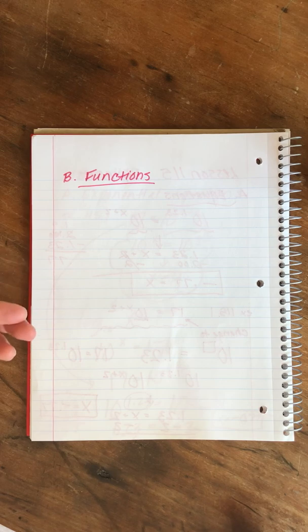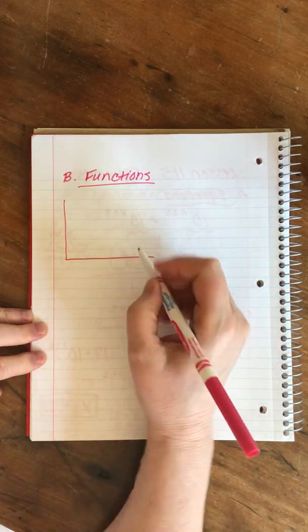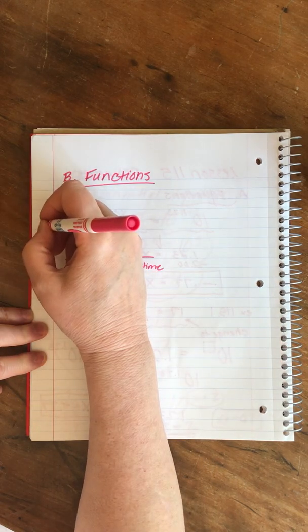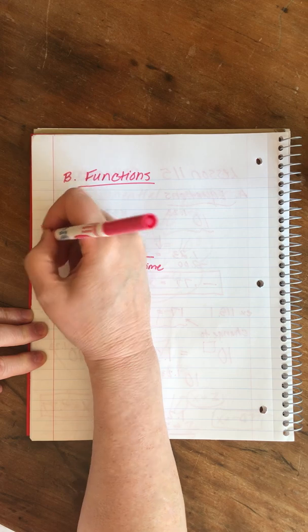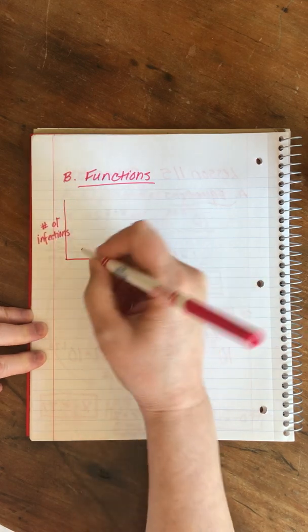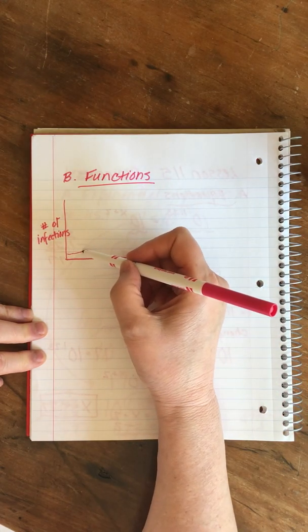COVID-19 is a disease that behaves as an exponential virus because, just to give you a quick sketch of how they look, this is time, and this is number of infections. As you have probably heard, and I'm not drawing this mathematically precisely, it starts out slow